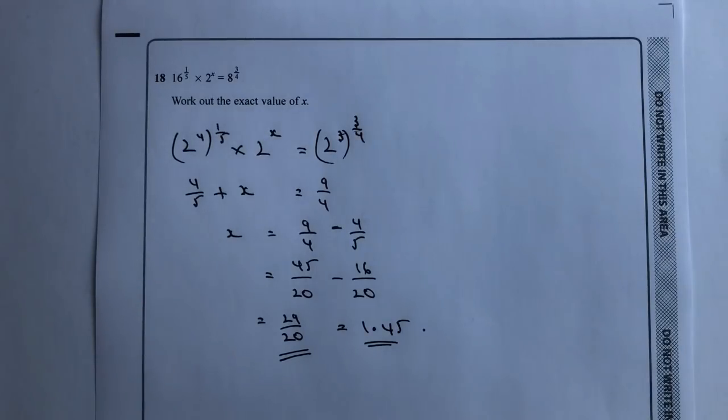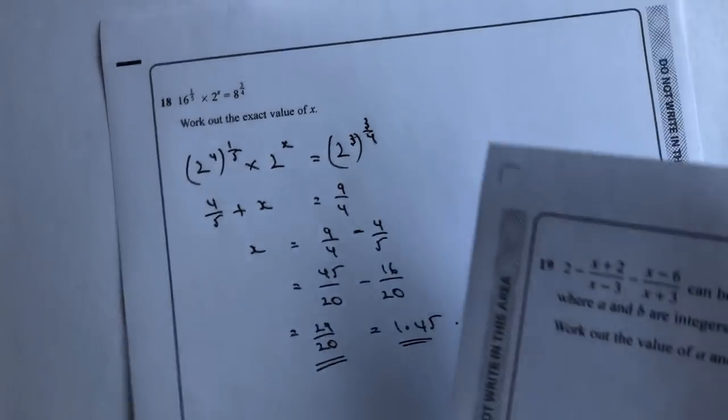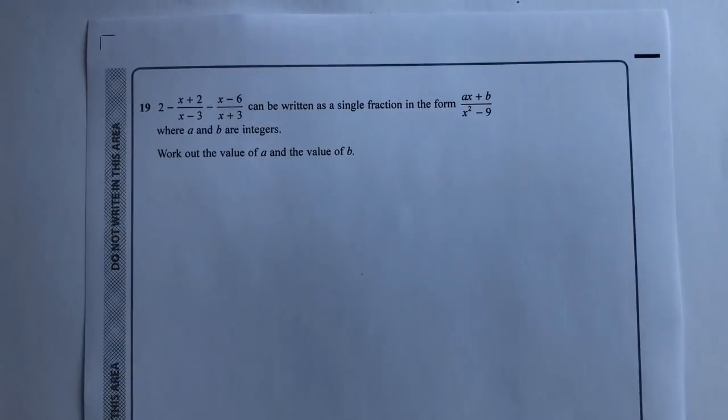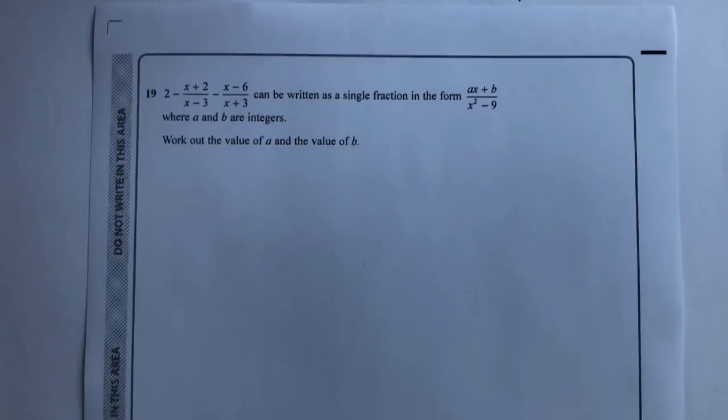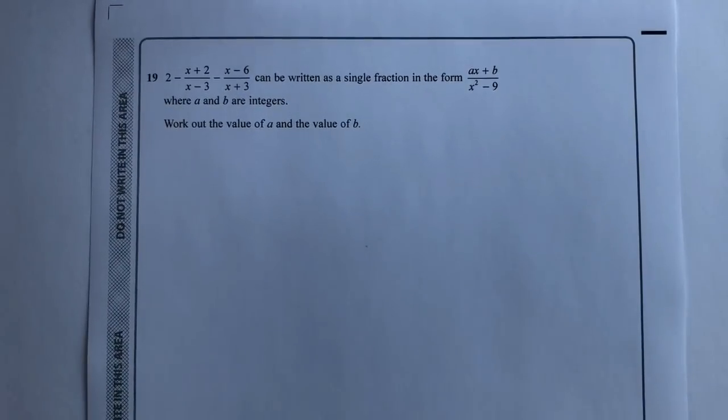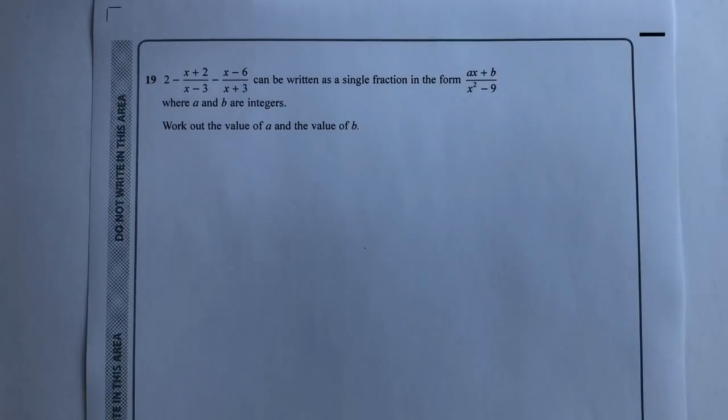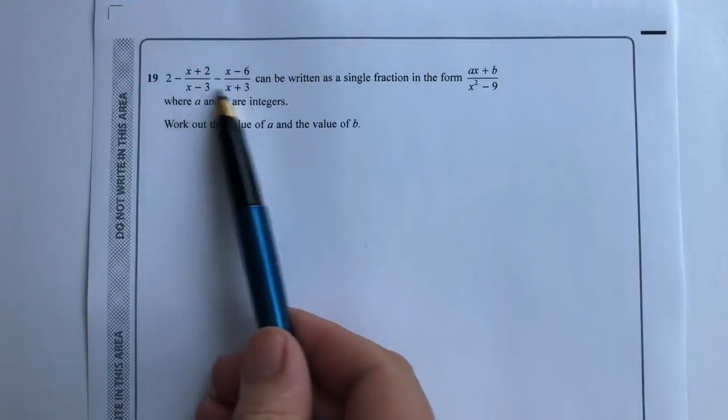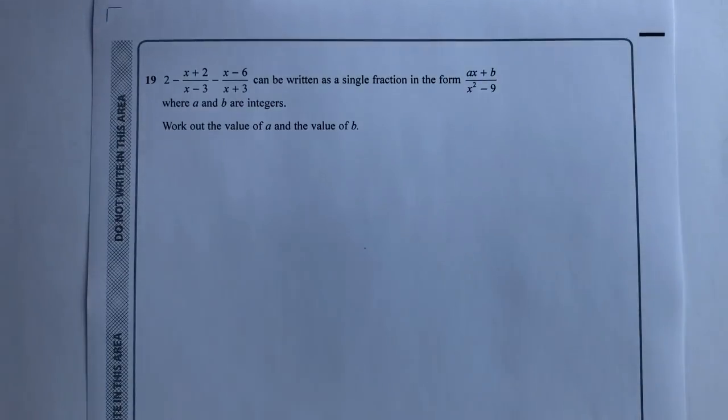Okay, on to question number 19. And question number 19, it's just awkward really. It's just one of those questions where you've just got to grind your way through it. There isn't really an easy way of doing this. It's just providing you're okay with working through algebraic fractions and making sure that you've got the same denominator, it's just really a grind is all of this particular question, because you've got to make sure that they're all under